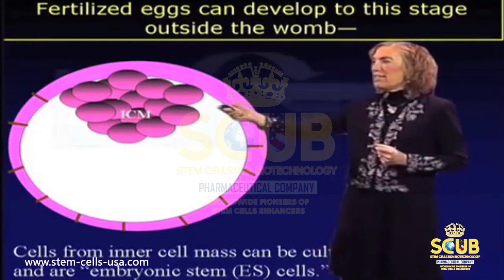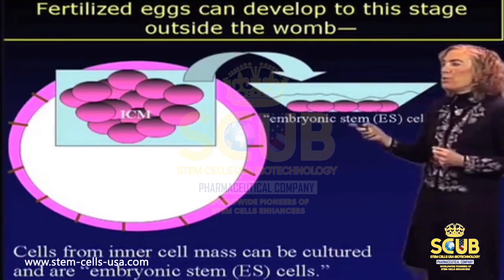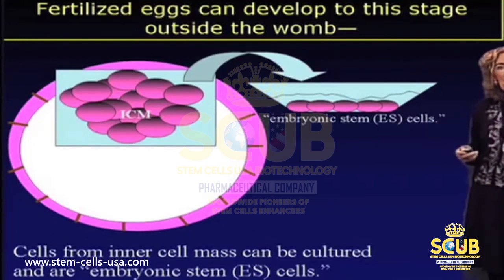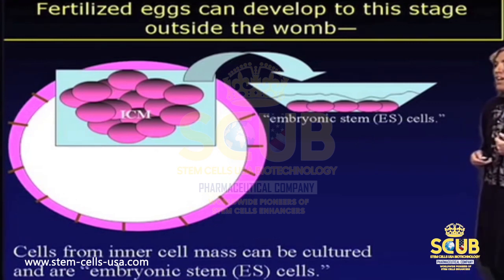We can take these cells and we can put them into a tissue culture dish. And now these cells, which become embryonic stem cells, can divide and replicate endlessly. So these cells continue to divide, they continue to generate more and more embryonic stem cells, an infinite supply of